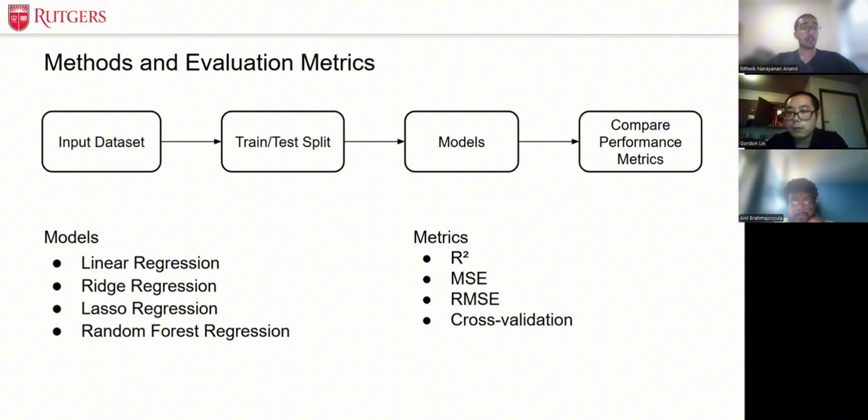To evaluate our models, we used several metrics. R squared, as you can see, measures how much variance in student grades is explained by the model. Mean squared error and root mean squared error measure prediction accuracy. Because the metric is squared, it is especially useful: it identifies whether our models are making inaccurate large predictions by penalizing large outliers more heavily than small ones.